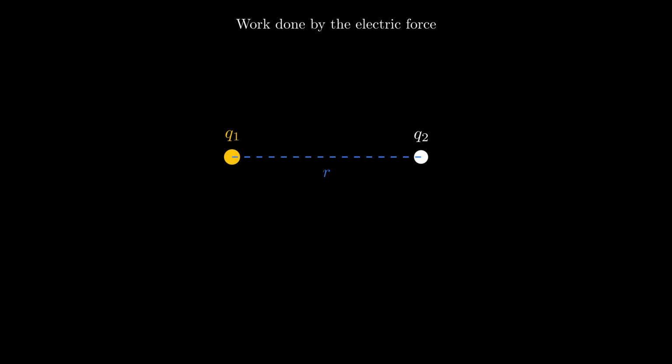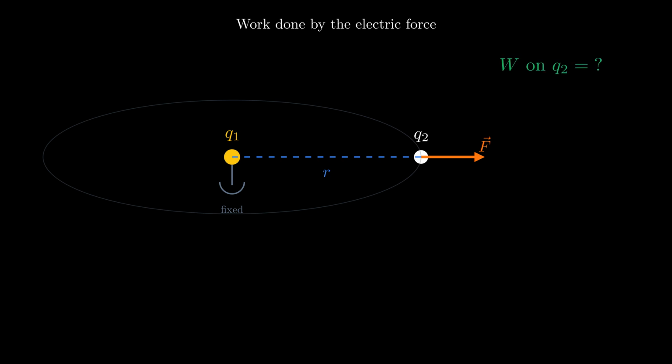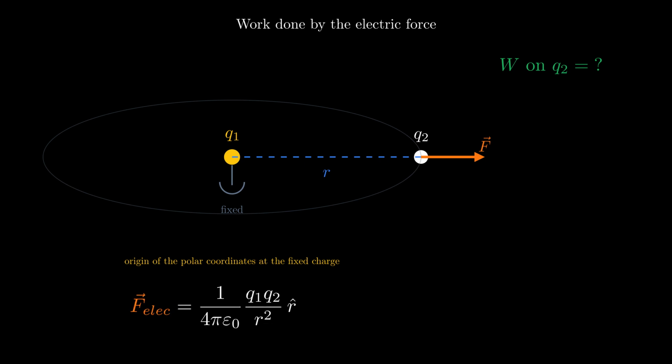2 point-like bodies carry charges q1 and q2. Body 1 is fixed in place and body 2 is free to move in an orbital plane. The question: how much work does the electric force do on body 2? Put the origin of the polar coordinates at the fixed body, body 1, so r measures the separation between the charges. Coulomb's law gives the force on body 2,